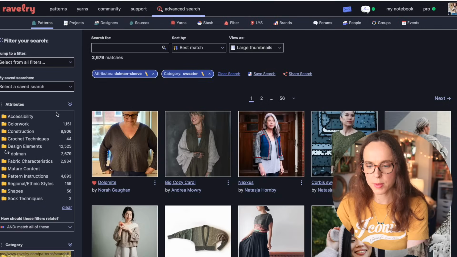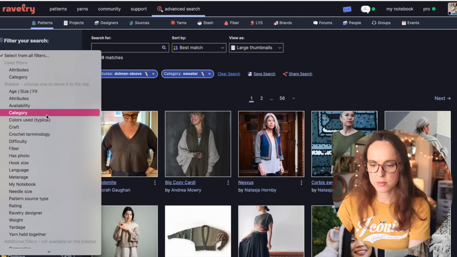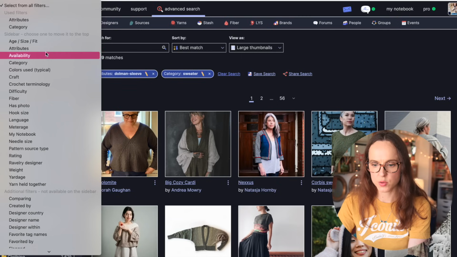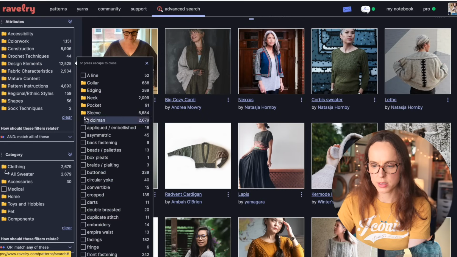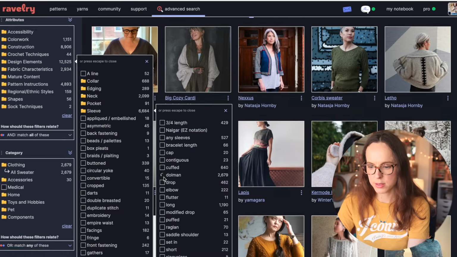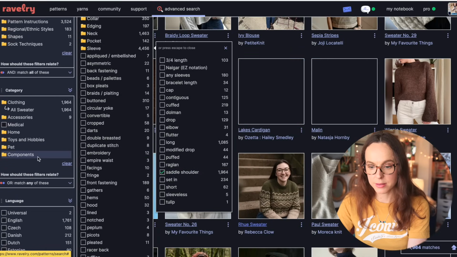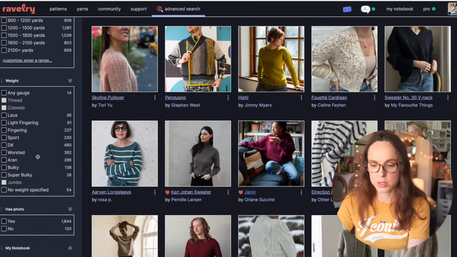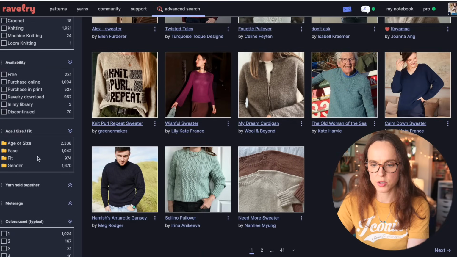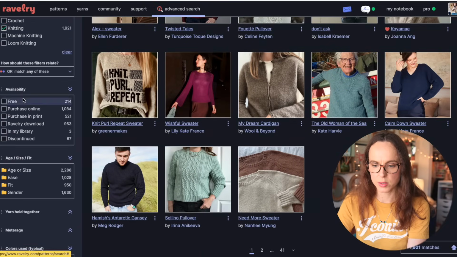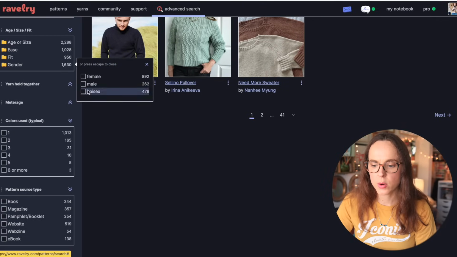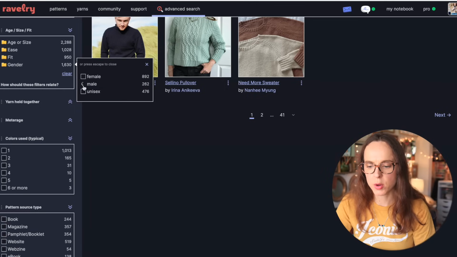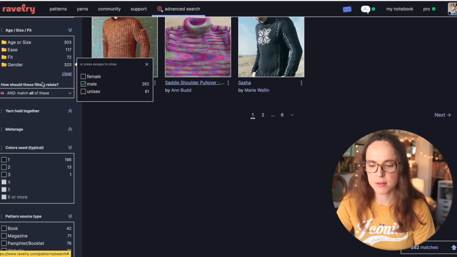All right, let's go back over here. Filters. We're gonna go back to attributes, design elements. We no longer want dolman. We want saddle shoulder. And not only that, we are gonna go down. Let's go ahead and click knitting here because we really want to make sure. Okay, gender. I'm going to click male for a second, but what I'm actually going to do is go to this advanced